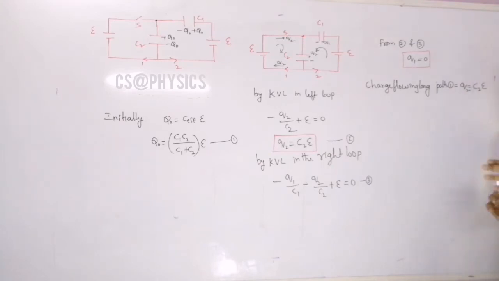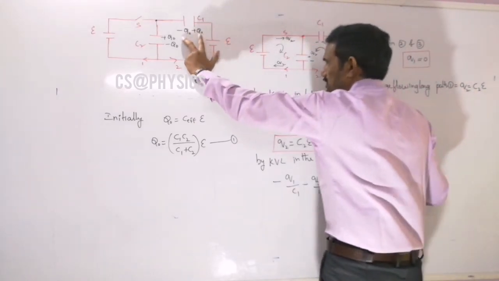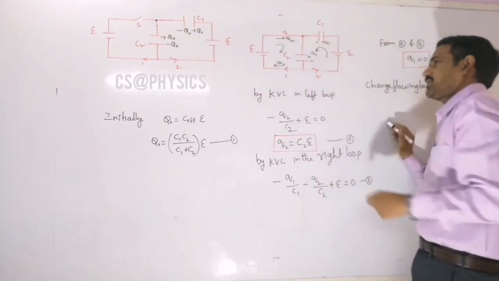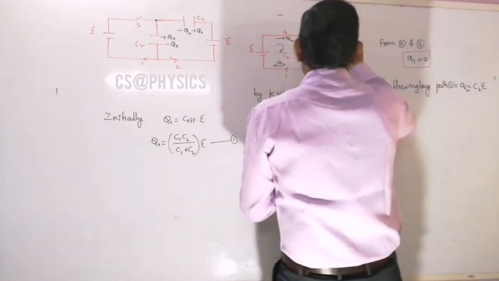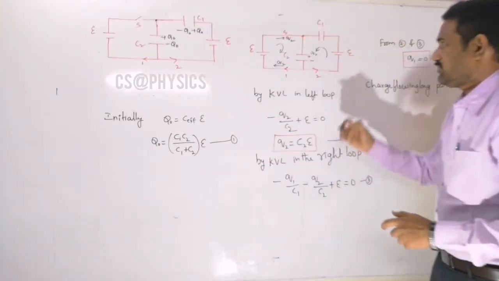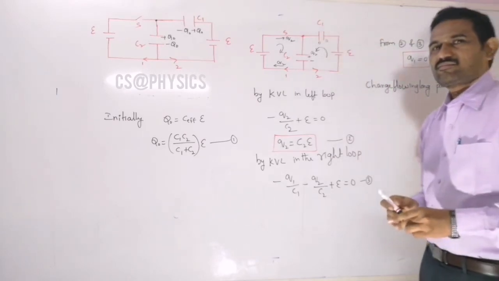And now about path 2 we need to discuss here. Charge flowing along path 2: can you say how much charge is flowing along path 2? Observe this. Initially the charges on this capacitor are plus Q naught and minus Q naught. After the conclusion, we are getting the charge on that capacitor as 0. This means this Q1 value is 0, so I am writing that value as 0. No charge is there here, right?